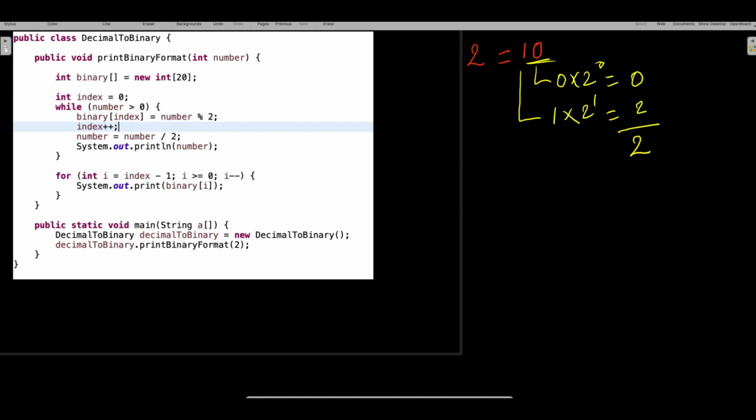If you ask me what I will do first, I will ask the interviewer himself how to calculate a binary number. I don't mind asking him how to calculate. Then he will tell me: if you do a modulus by 2, whatever remainder comes, that is your binary number. Now I got a clue. So assume that he said, for any number, if you do a modulus by 2, whatever remainder comes is nothing but your binary number.